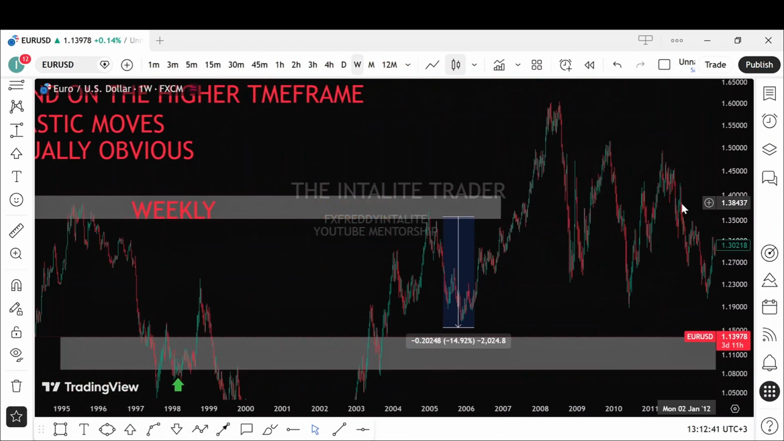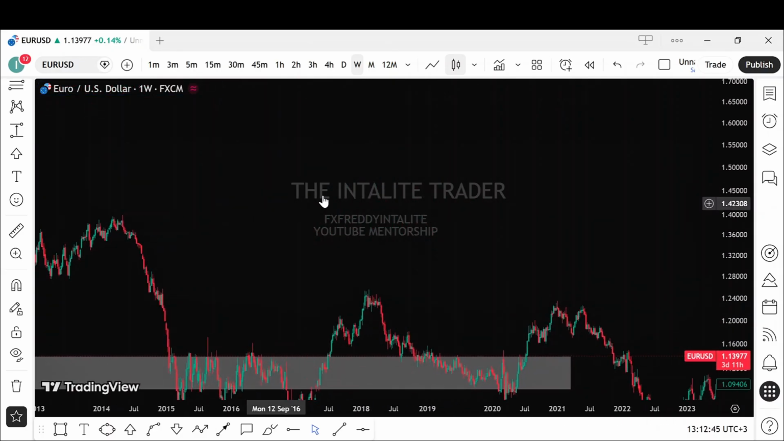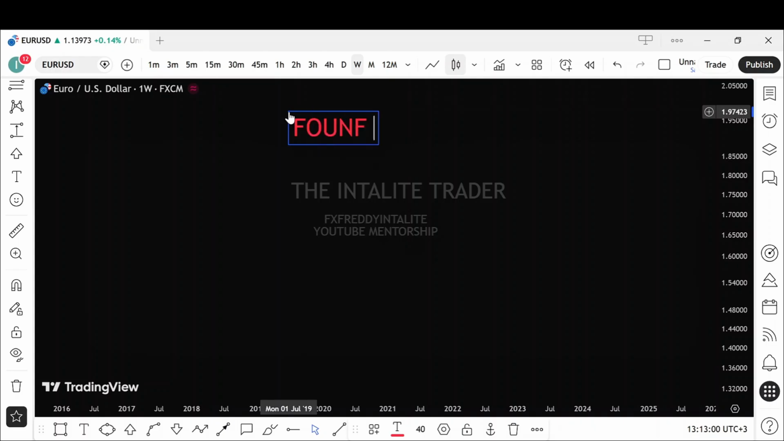Go on your charts, look for those qualities, the different types. This is the catch: you don't need to look for all of them. But if you can find at least one found on the higher time frame,